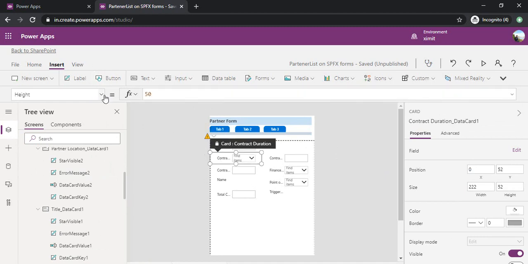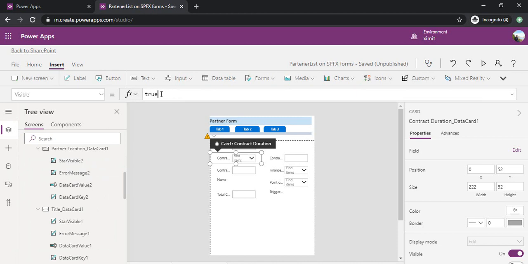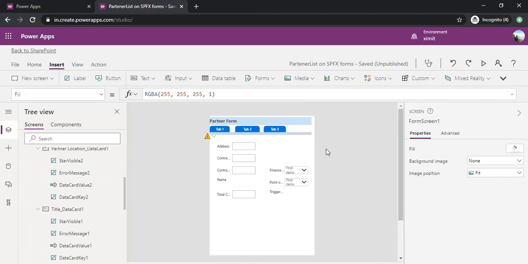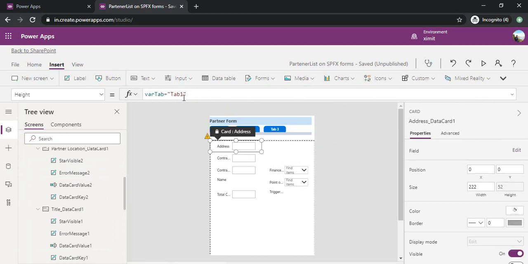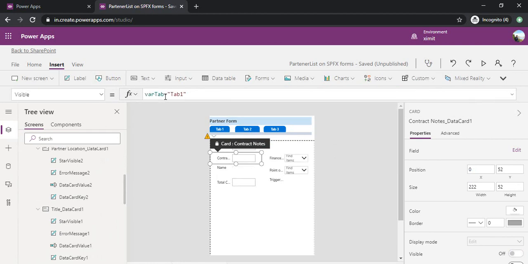So I'll just go to the visibility and var tab equal to 2. And I'll do the rest of the stuff for remaining controls as well. Var tab equal to 2.